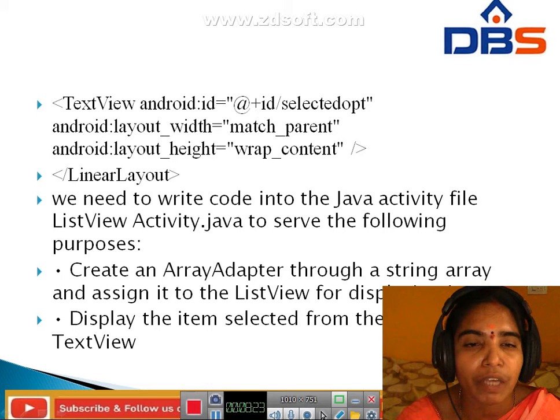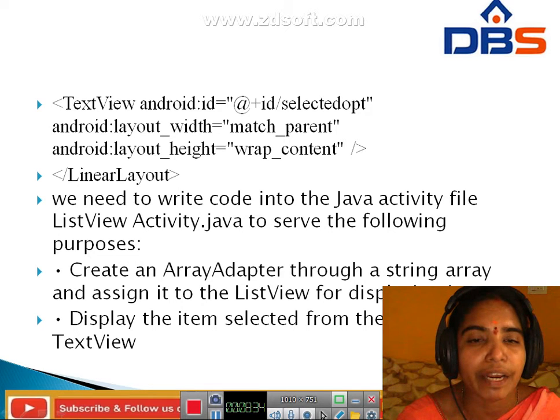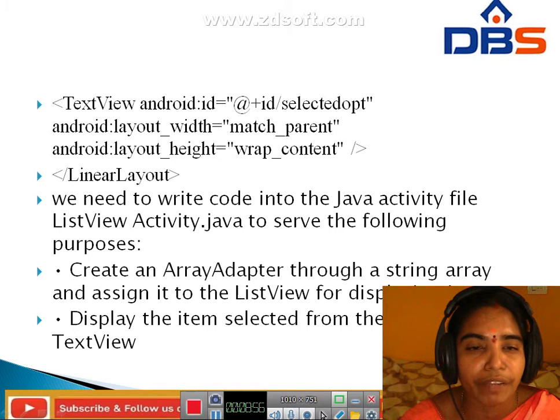First purpose is to create an array adapter through a string array and assign it to the list view for displaying items, and to display the item selected from the list view in the text view.